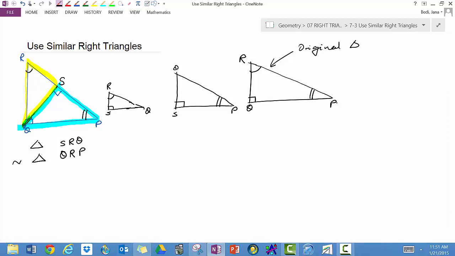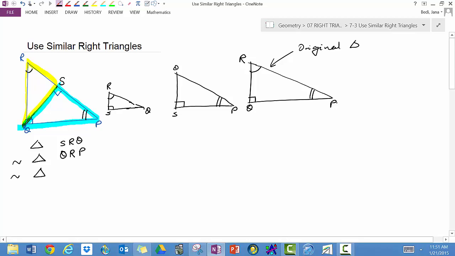Again, they have been drawn in the orientation so that you can see the angle congruency and see the corresponding sides in the same orientation. So the way we write the similarity statement now is,